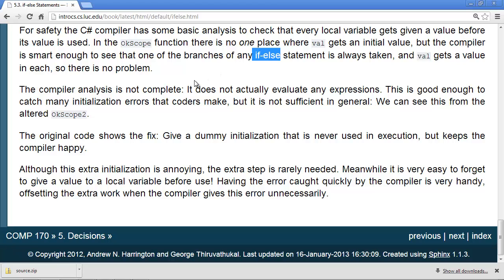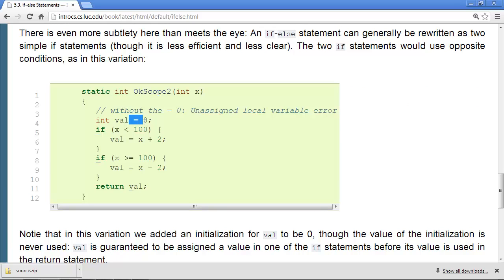The compiler analysis, however, is not complete. It doesn't evaluate any expressions. We did a logical analysis and saw that two expressions were opposite. What they do is good enough to catch many initialization errors, but it's not sufficient in general, as we illustrated with the OKScope2. Well, you can get into this situation easily, and the original code shows the fix. We need this equals 0. Although we never use that initialization when the function executes, it doesn't hurt, given that it's never used,